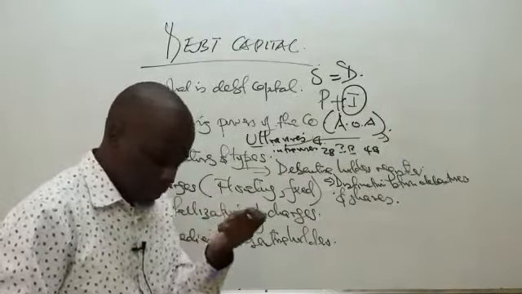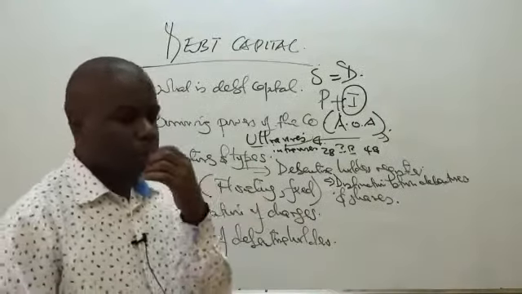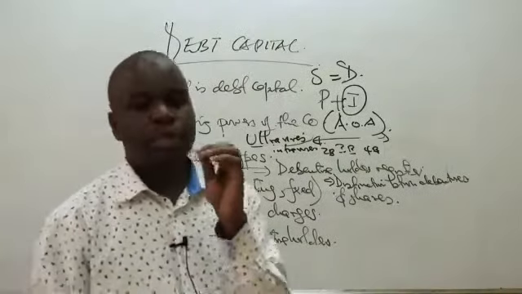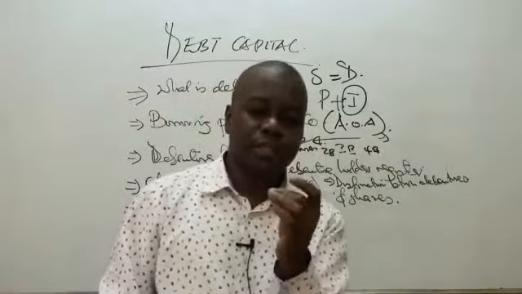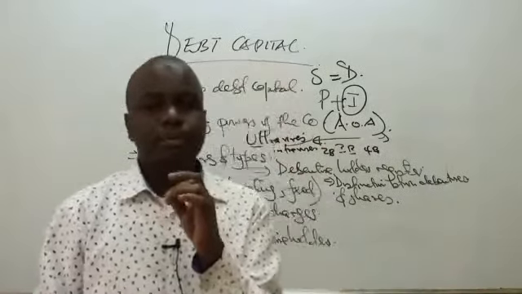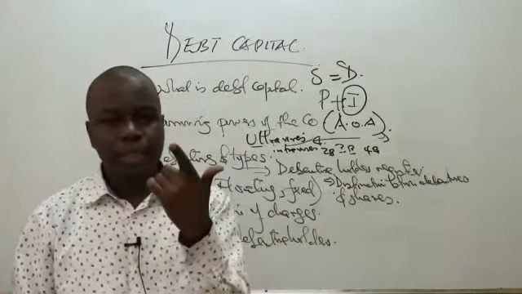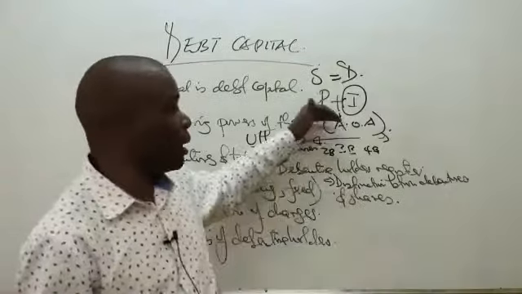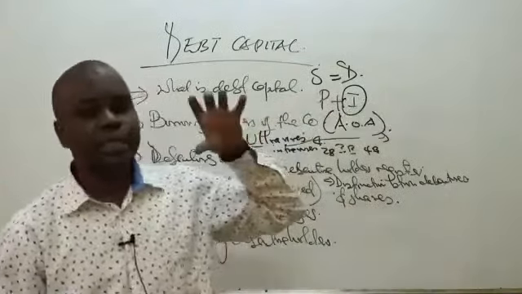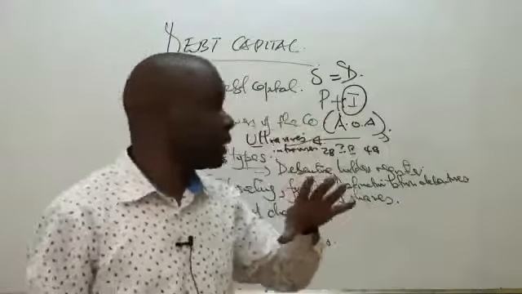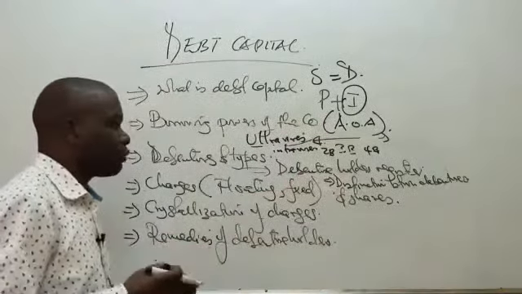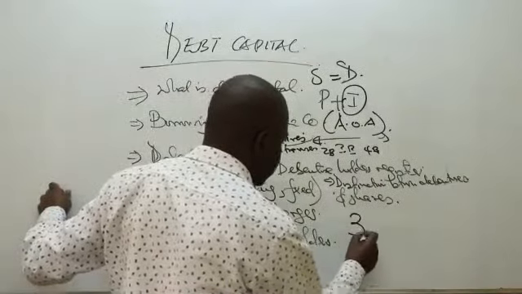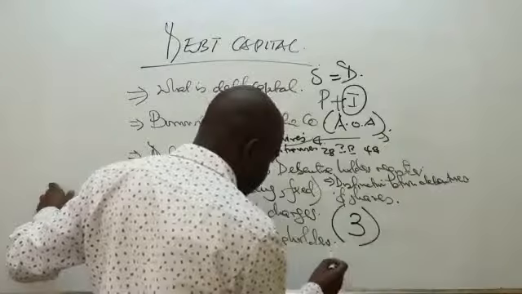We have another one, redeemable and irredeemable. What we mean by a redeemable debenture is almost the same scenario as redeemable preference shares. At a particular point, these debentures will revert back to the company, maybe after a period of two years. Then you'll collect all your principal amount and interest from the company. The company will redeem the debentures after a particular period of time. For example, they could agree the debentures will be redeemed after 3 years. This means at the end of the third year,